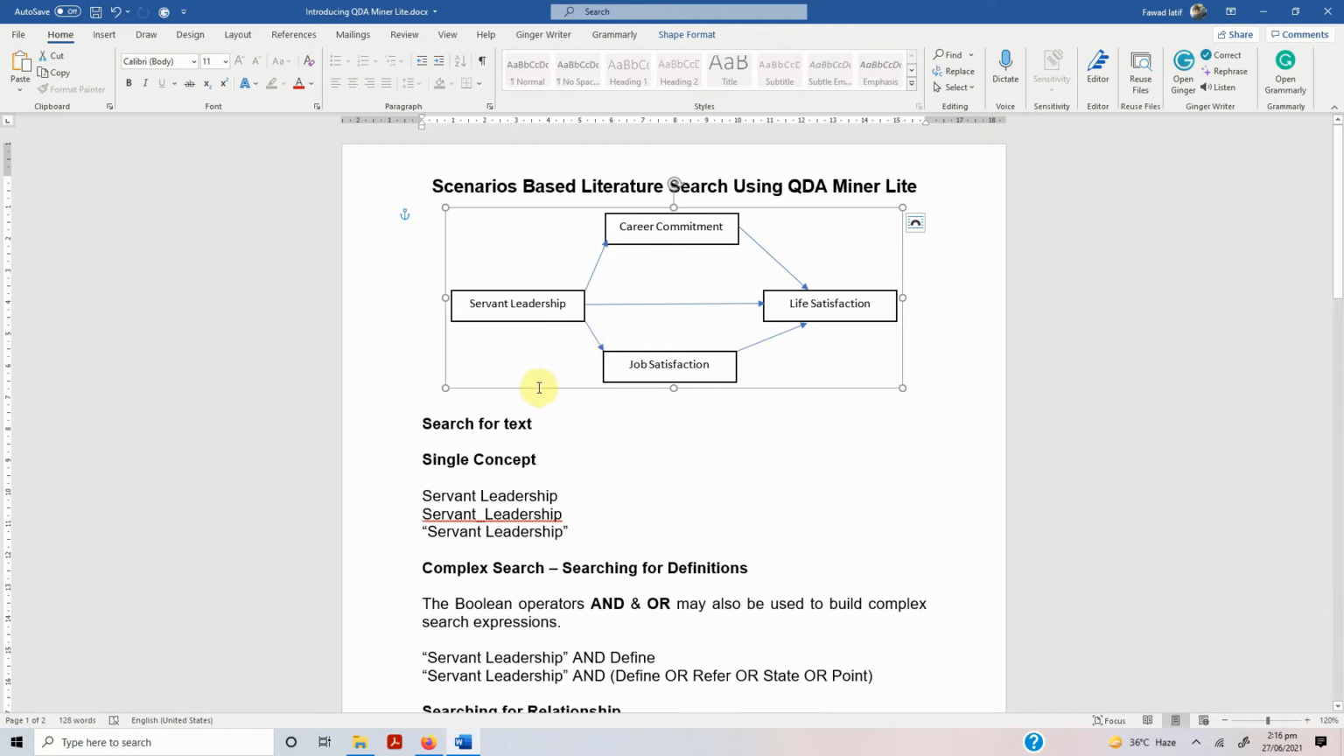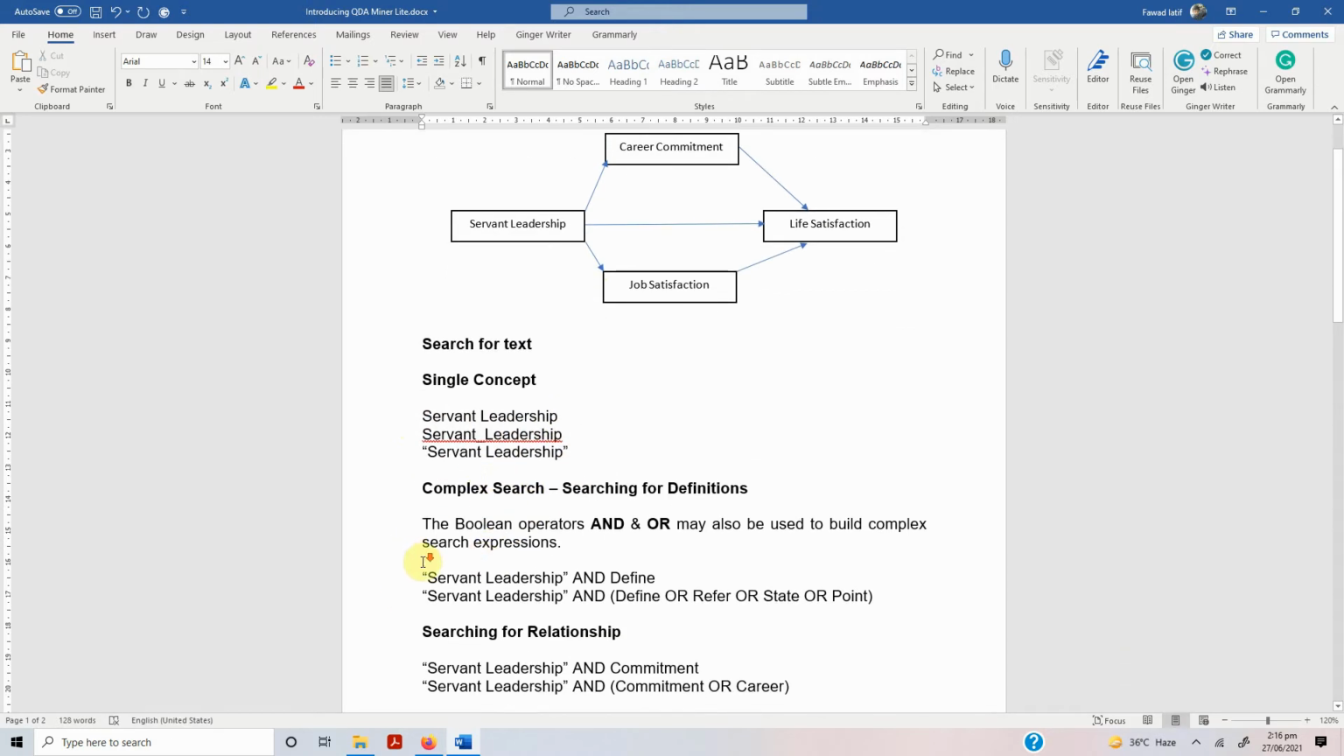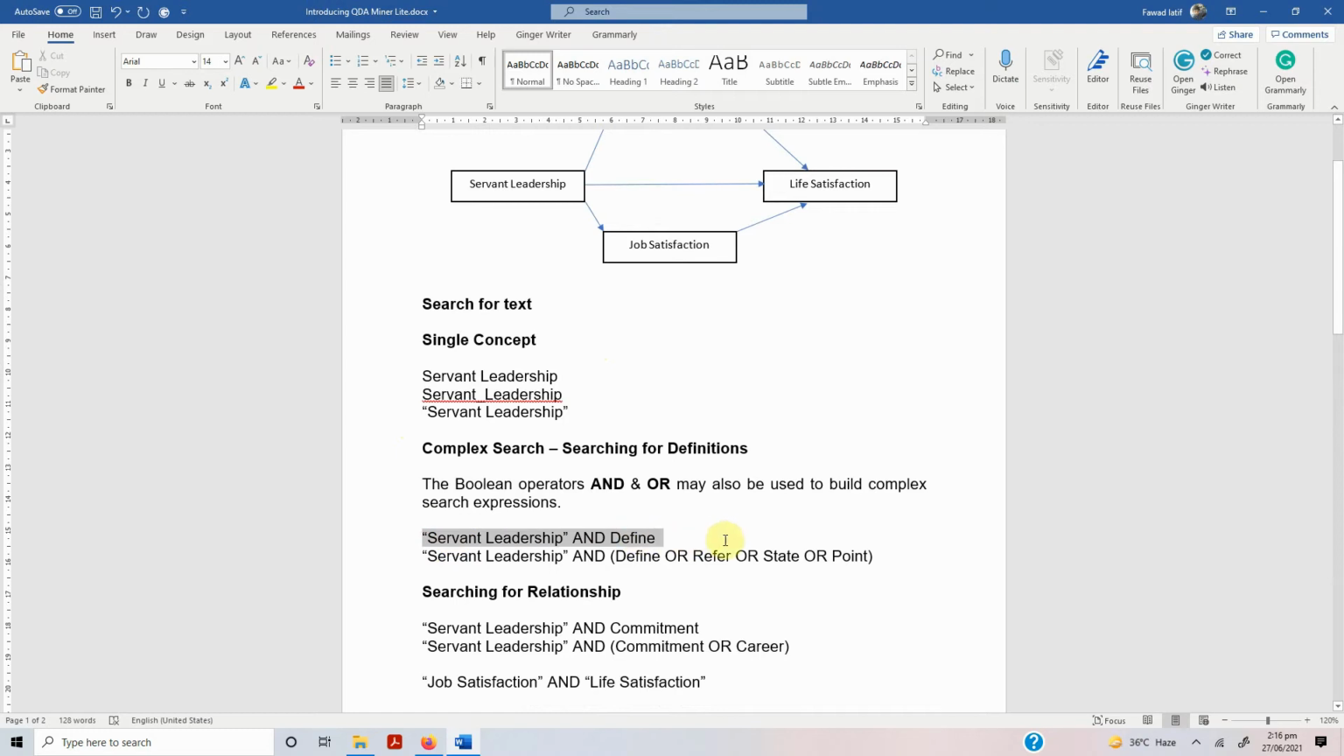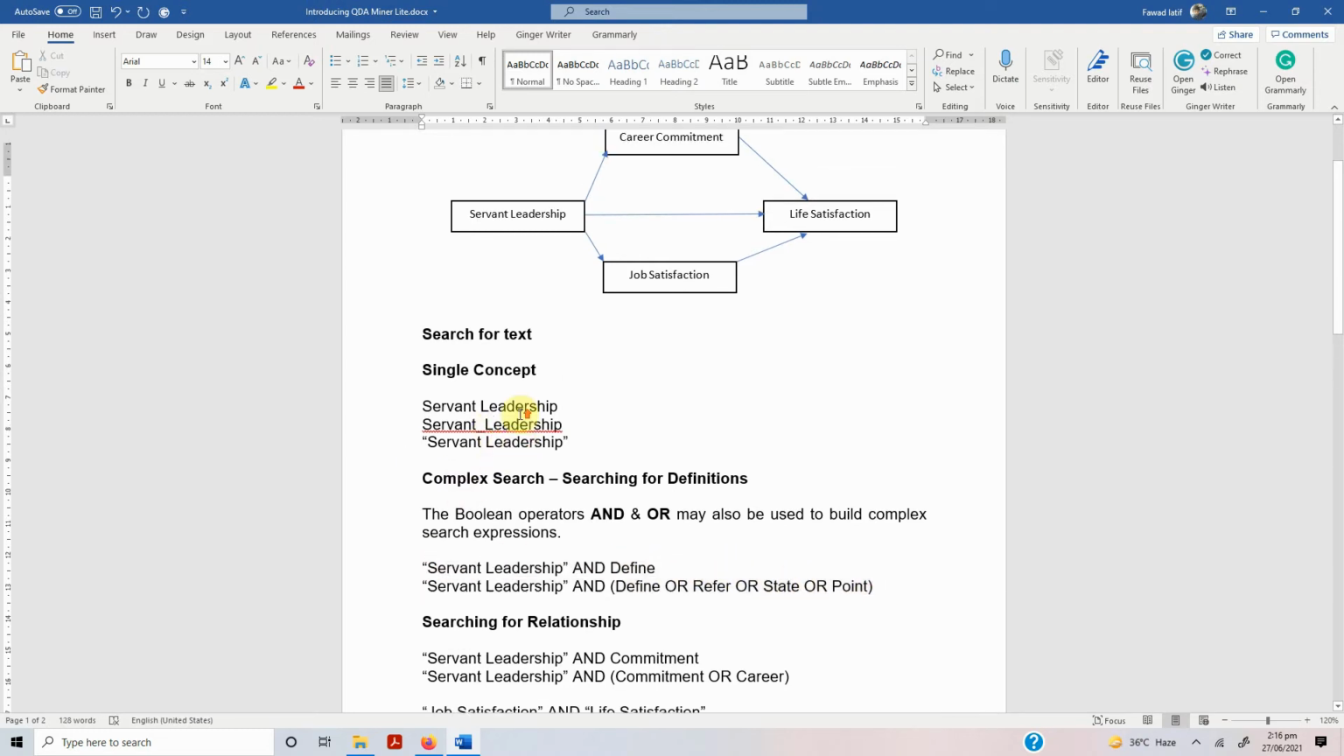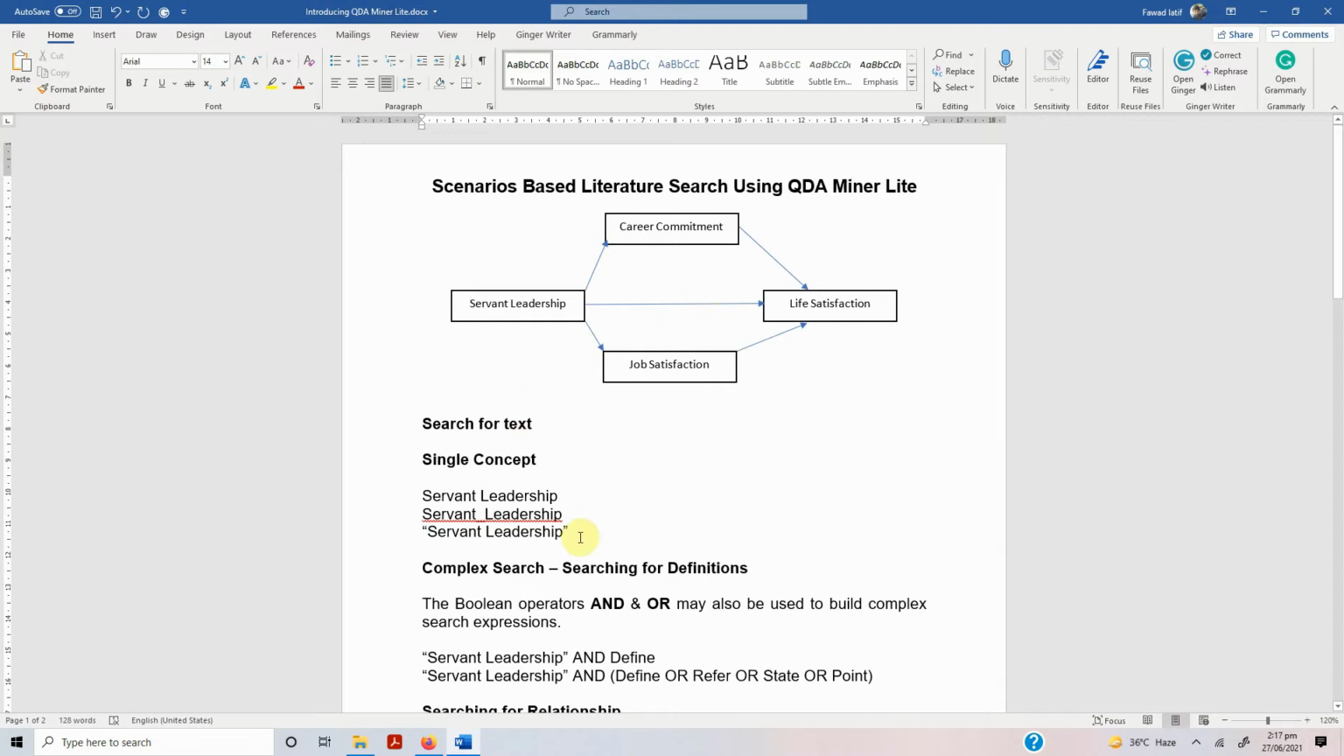So what I've done is this model, a sample model, and I've drafted a few strings here to search the relevant literature using QDA Miner Lite. I'm going to use each one of them one by one to guide you on how to use QDA Miner Lite. So once you have downloaded it, you just open the software,